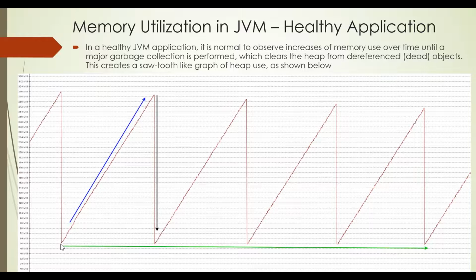Now this is the line where we are expecting memory reclamation to come back to. Whenever a GC is reclaiming the memory that is being freed, it should come back to this point again, or close to this point, which was the initial point of your JVM start. This is a healthy application. As long as you see this kind of pattern of memory behavior, you are good to go. The application is behaving properly.